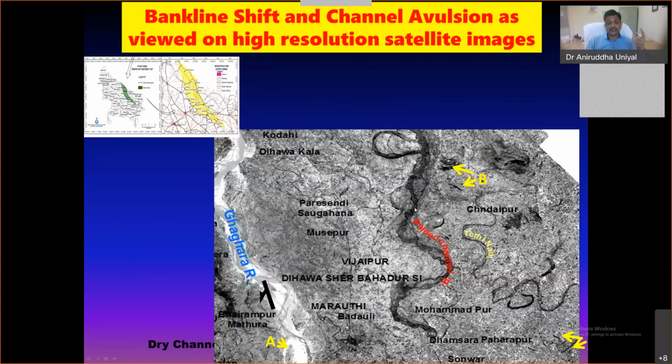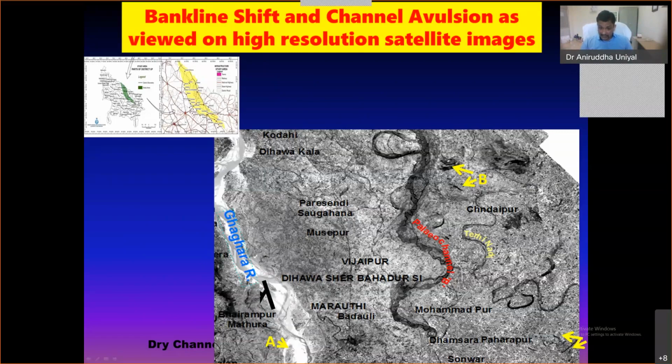Then there are some other streams which are called misfits. You see that there is very little water in this channel, but the width of the channel is very large as compared to the part of the channel wherein the water is there. So in the past, it might have been a bigger river. So this is a misfit, but it is a paleo channel as well. So this is a paleo channel of the Ghagra River. It is flowing more or less parallel to the Ghagra River, and a very small stream is flowing through it.